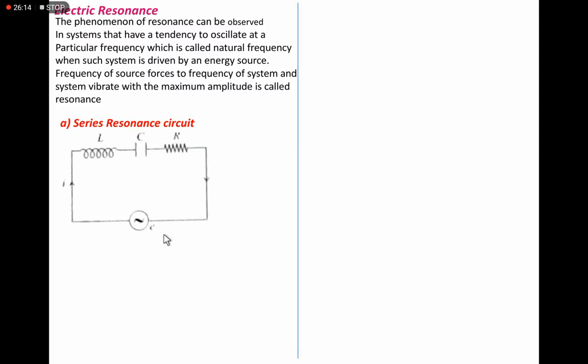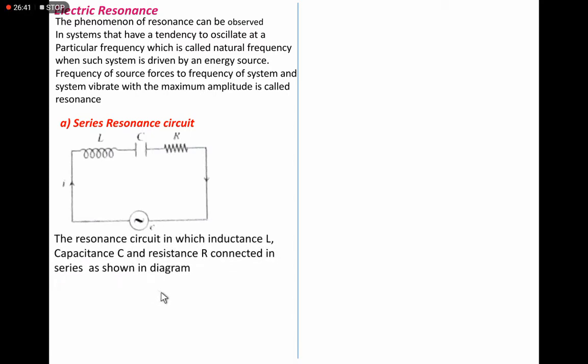So briefly we'll learn with the series and the parallel LCR circuit. Series resonance, again the same diagram. Inductance, capacitance and resistance are connected in series across the AC generator. Current passes in this direction through the LCR circuit. We know the current is the same across the inductance, capacitance and resistance. It is I naught sine of omega t.